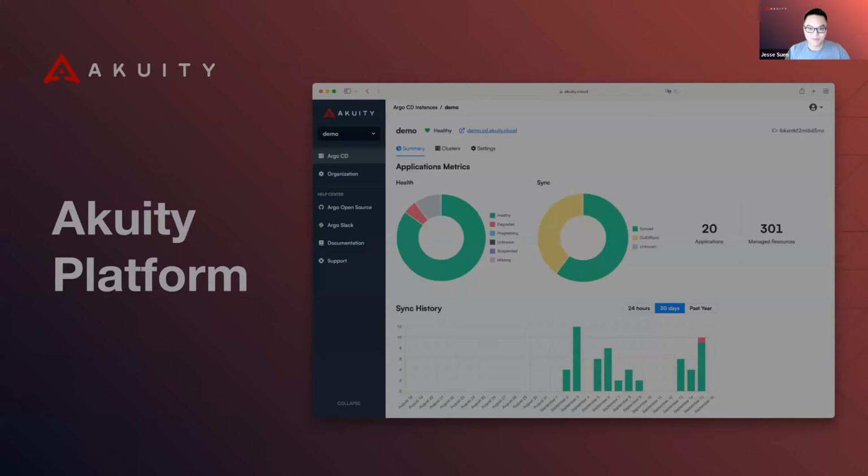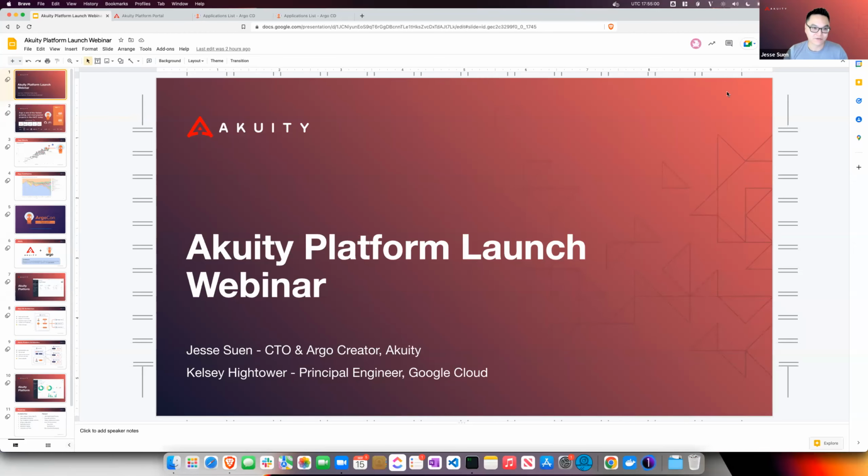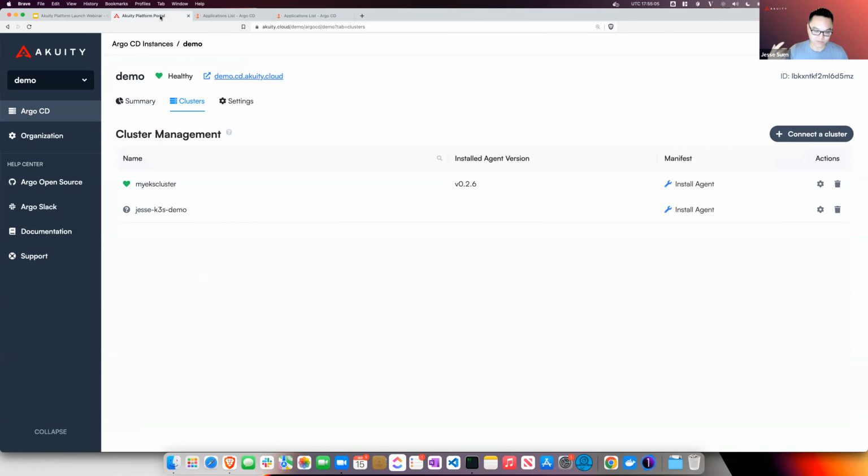Yeah. So far, what we've talked about was just kind of the basics, right? The instance management. We did go into what's unique about our architecture. And so now it's a good time to show what additional value-add features we're starting to build on top of Argo CD and complementary to Argo CD, right?